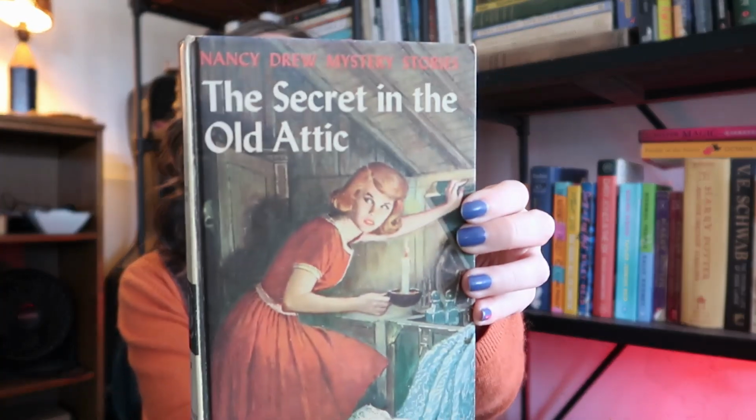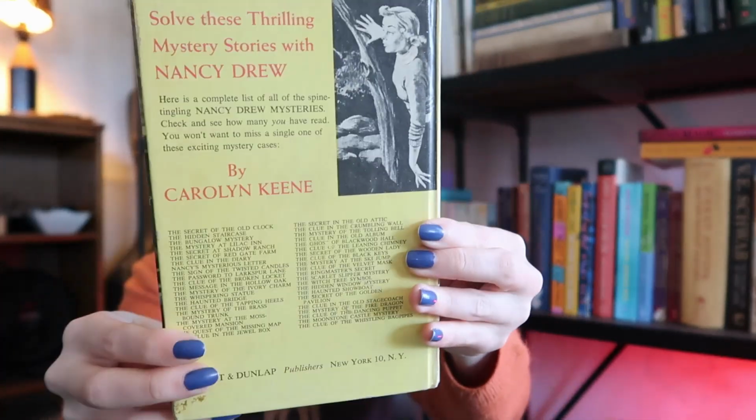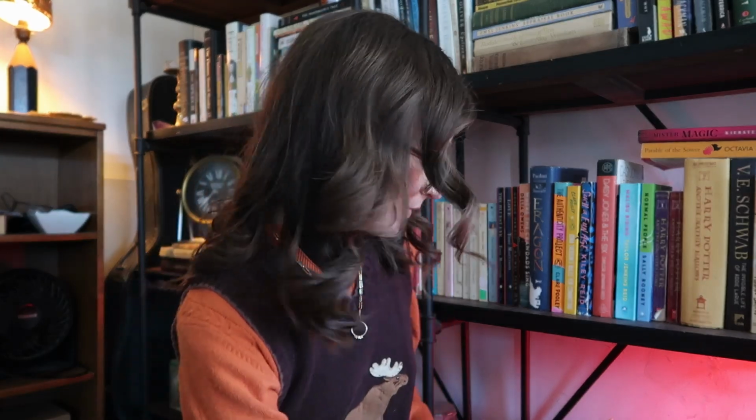Cool. And then The Secret in the Old Attic. Ooh, this one's very delicate. I need to be careful with this. This also has 25 chapters. I'm trying to see if there's any handwritten stuff in here. Nope. Next up, okay, one of these is technically a glossy flashlight cover, but I got it because I had